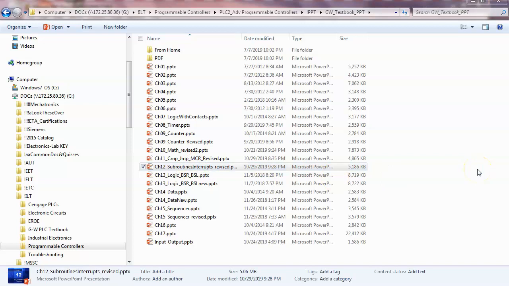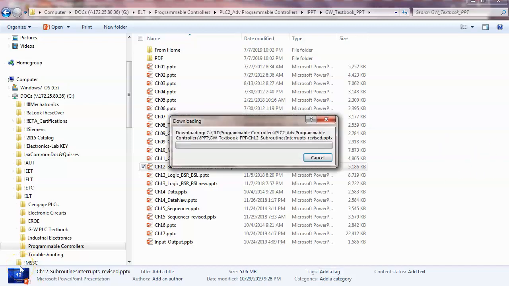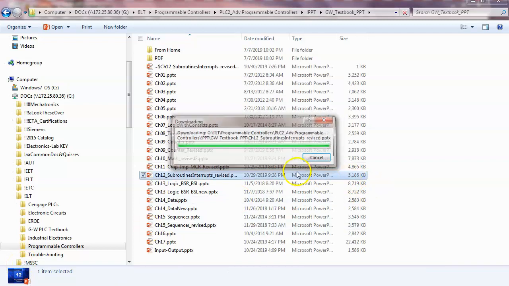So subroutines and interrupts. Very poor job on interrupts. In fact,